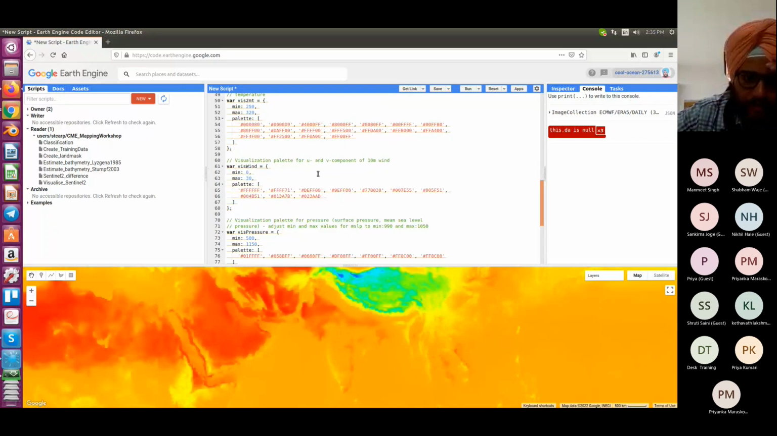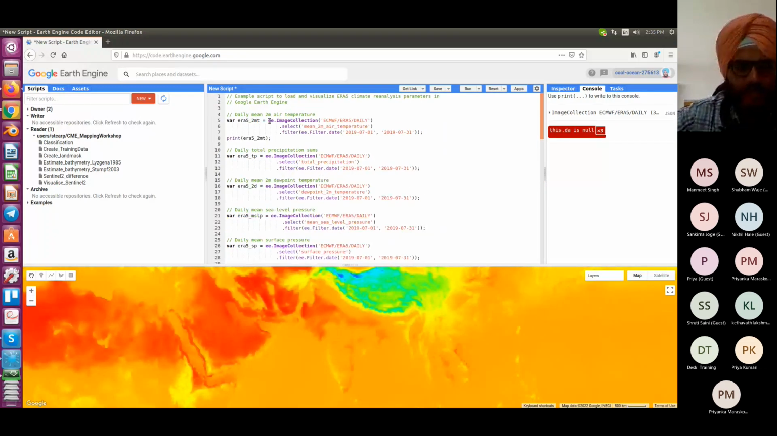In this code, what they are basically doing is, there is a data structure called image collection, which is a class inside the EE, that is the Earth Engine. And inside that, there is an ECMWF folder. It has ERA5 and daily, and you have to select the mean 2-meter air temperature variable, and you filter July of 2017, like 1st July 2017 to 31st July 2017, filter start date to end date, and do this. So this is the ERA5 2-meter temperature